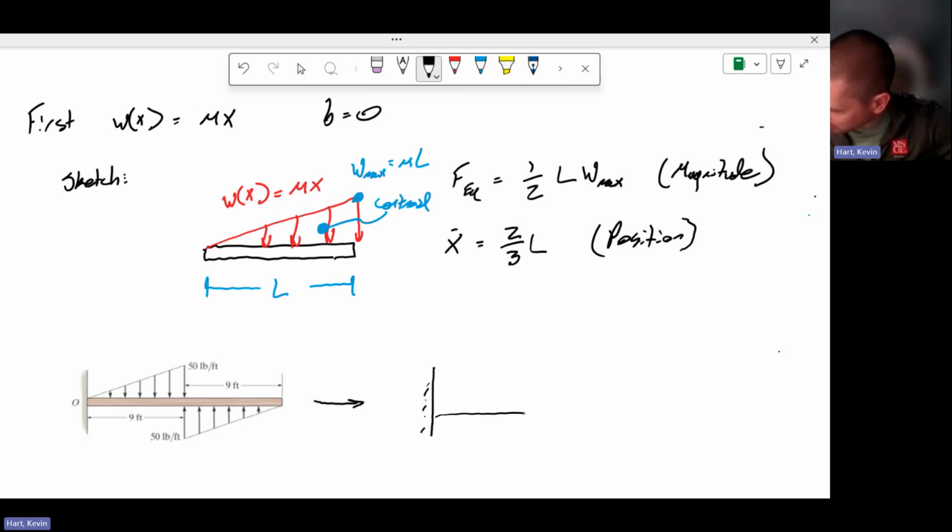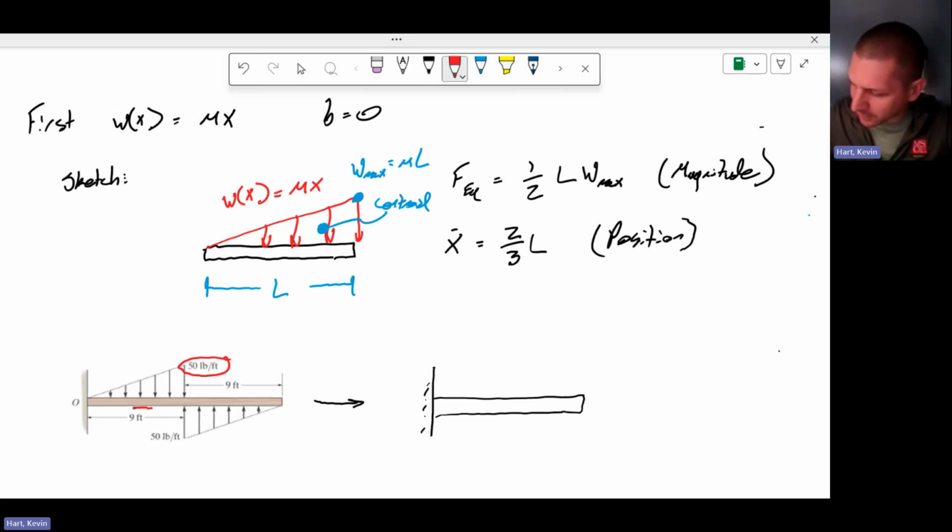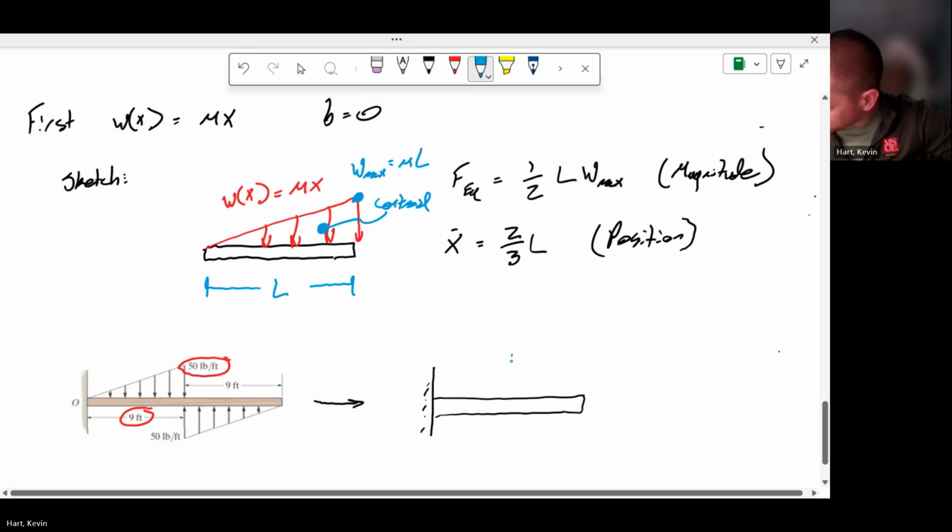Okay, so here's our wall, our beam coming out. And let's look at these two distributions separately. All right, this first one here reaches a maximum of 50 pounds per foot, and it acts over 9 feet. So the location, if we sort of split this beam in half, we're looking at sort of the first location now. We know that we're going to put our equivalent force 1/3 away from the larger portion of the distribution. So here is our equivalent force